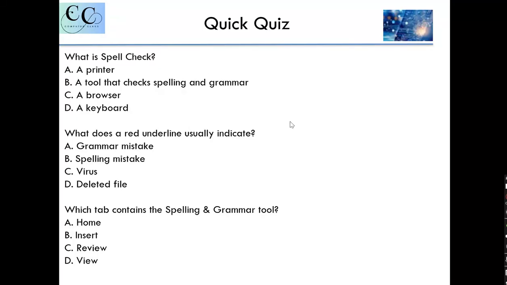So these are questions that you can try to gauge yourself on what you have learned. And the first one is, what is a